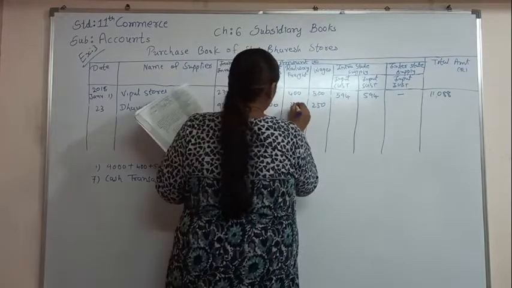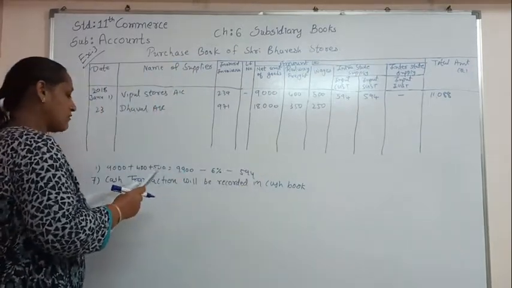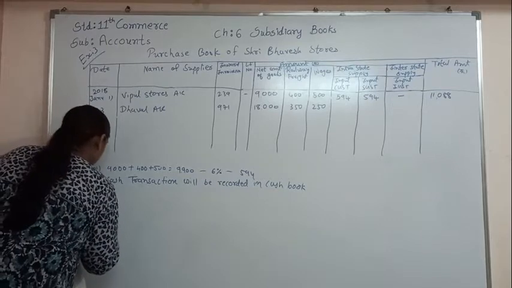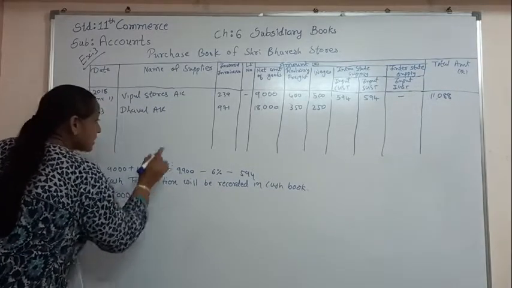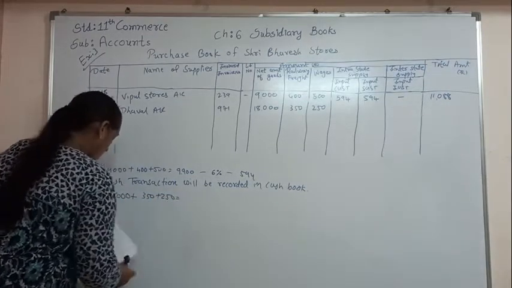So now we have to consider the whole amount to count the IGST, and for that on the 23rd we are going to count 18,000 plus 350 plus 250. So the total amount will be